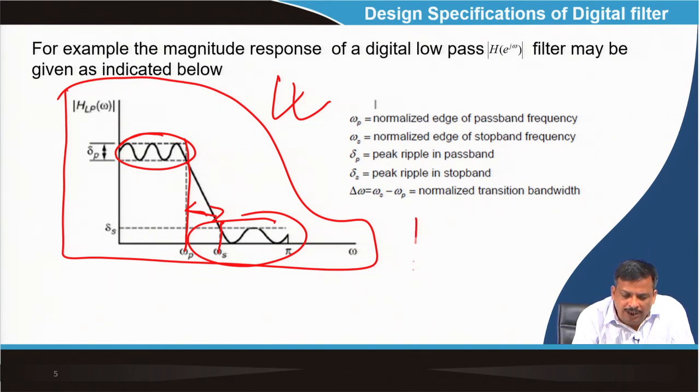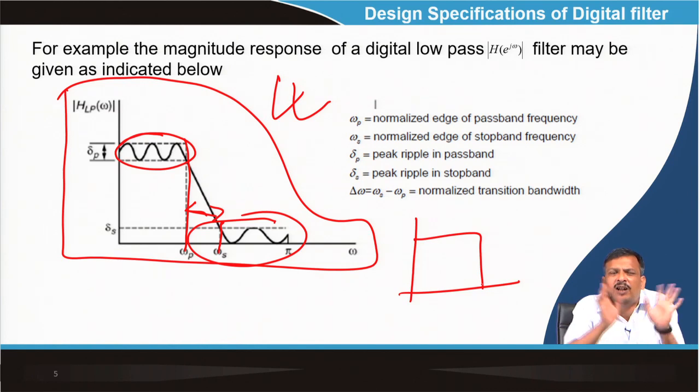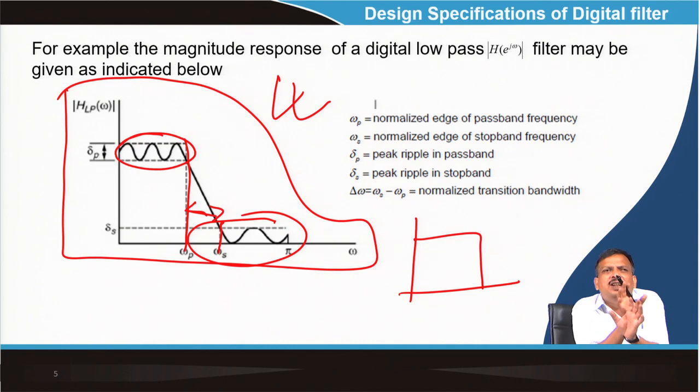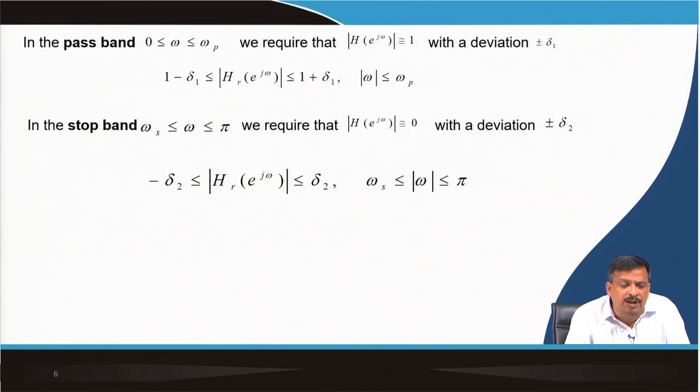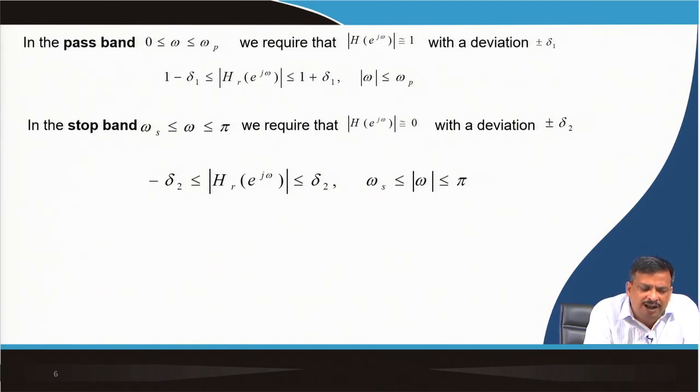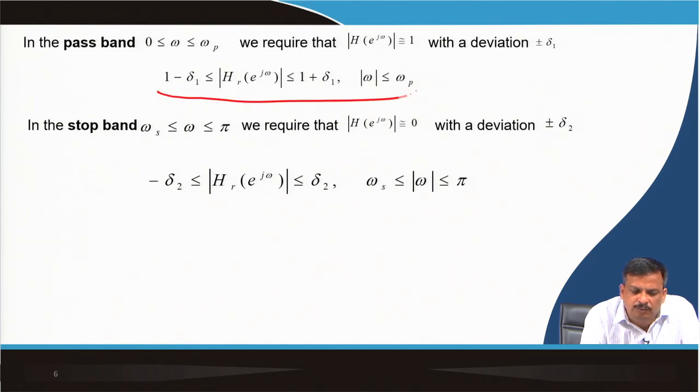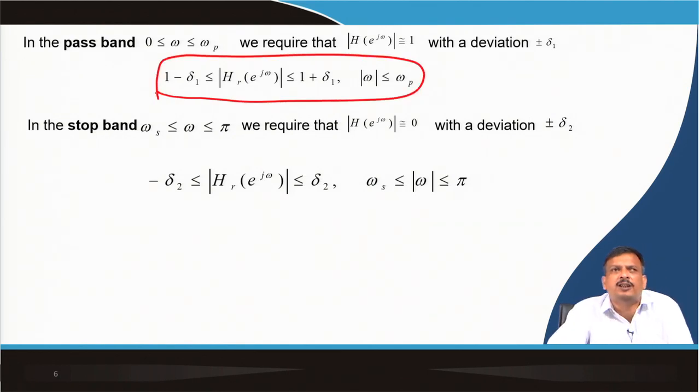So the ideal low pass filter is this one, but the ideal one we cannot design. So people said, okay, I require a low pass filter whose stop band attenuation is 60 dB, pass band is this dB, and transition bandwidth is this one. So that I know. Now, since the ripple is distributed evenly among the pass band and stop band, I can say that in the pass band I require this frequency response. The magnitude of the frequency response of the filter is this one.